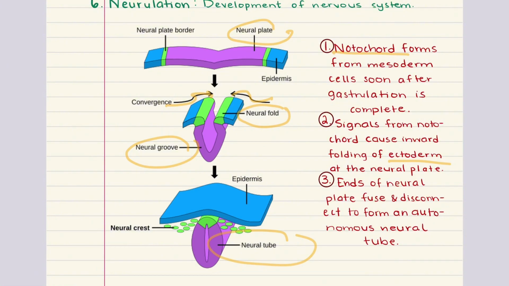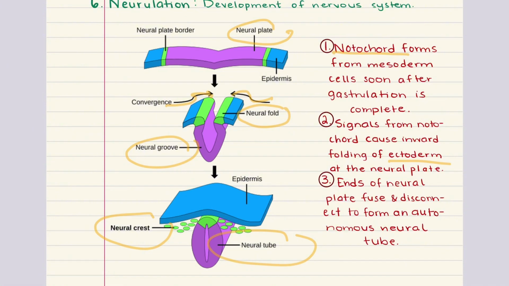This tube will eventually give rise to the central nervous system, which includes both the brain and the spinal cord. Now, at the edges of this folding process, we also form a specialized population of cells called the neural crest. These cells break away and migrate to various parts of the embryo, where they're going to develop into a wide range of structures. This includes the peripheral nervous system, pigment cells, part of the adrenal medulla, and connective tissue in